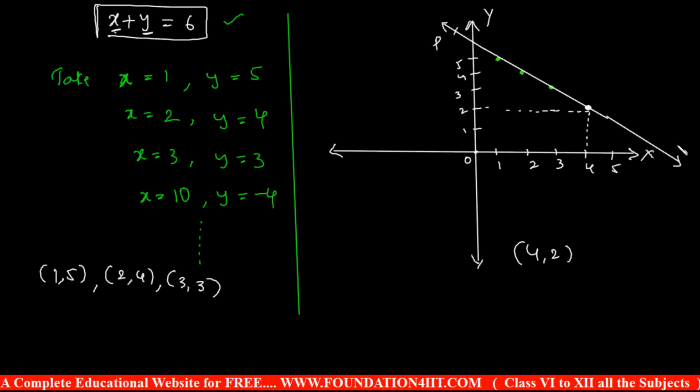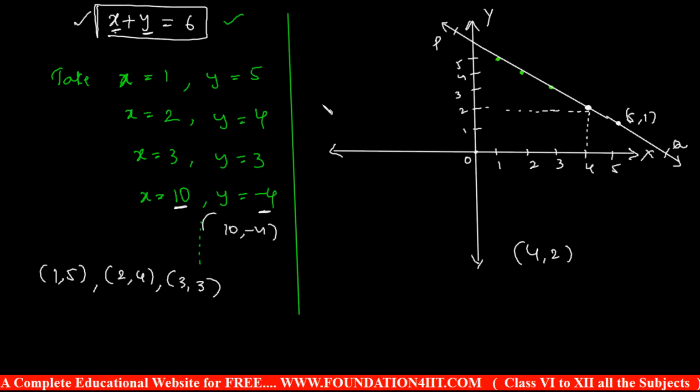If I take this as PQ, any point you can find out. 10 comma minus 4 will also be on the line only. So if you extend down, you will get the point. And every point lying on this line satisfies the given equation. If I take one point here, this is 5 comma 1, x value 5, y value is 1, 5 comma 1 satisfies the given equation. So this is the graphical representation. There are two things: every point you can take on this line will satisfy this equation, and every solution will also be a point on the line. These are the two important points we can discuss based on linear equations.